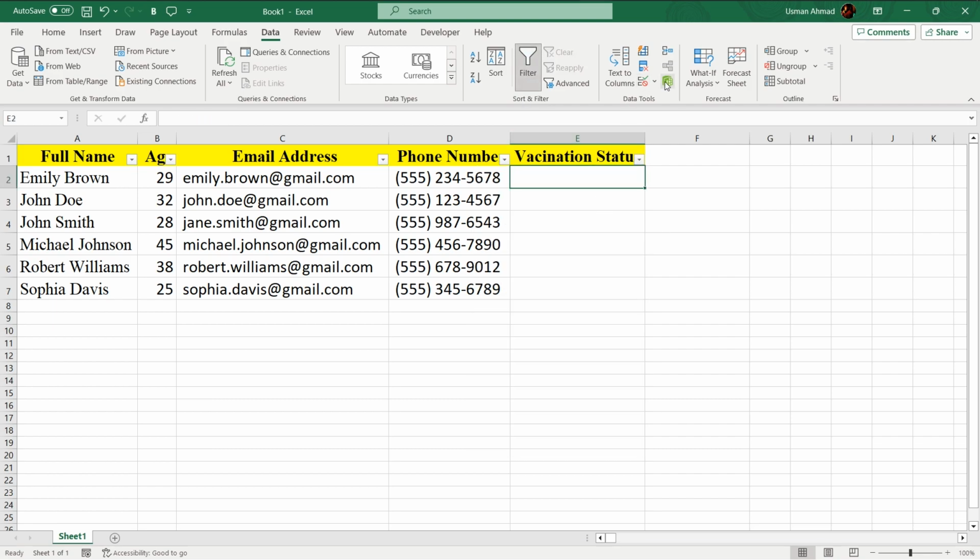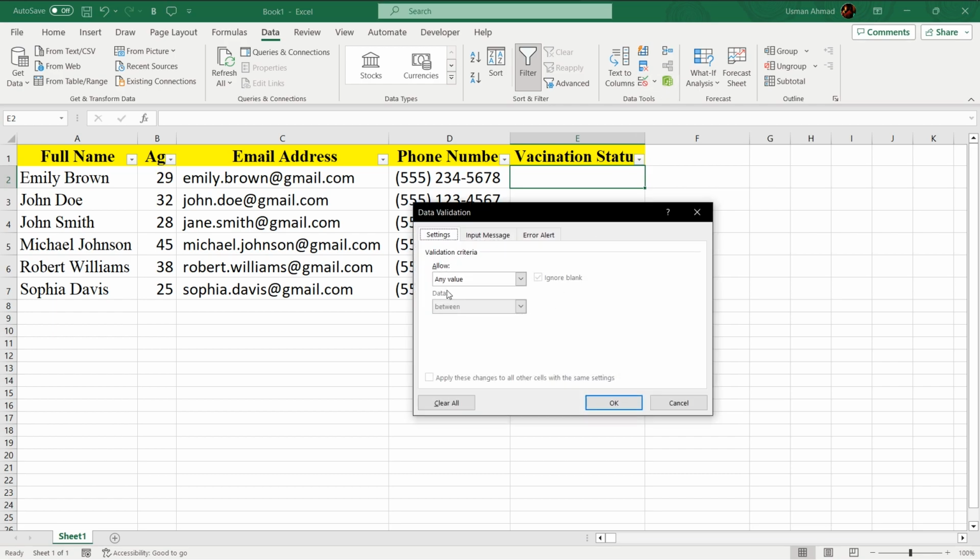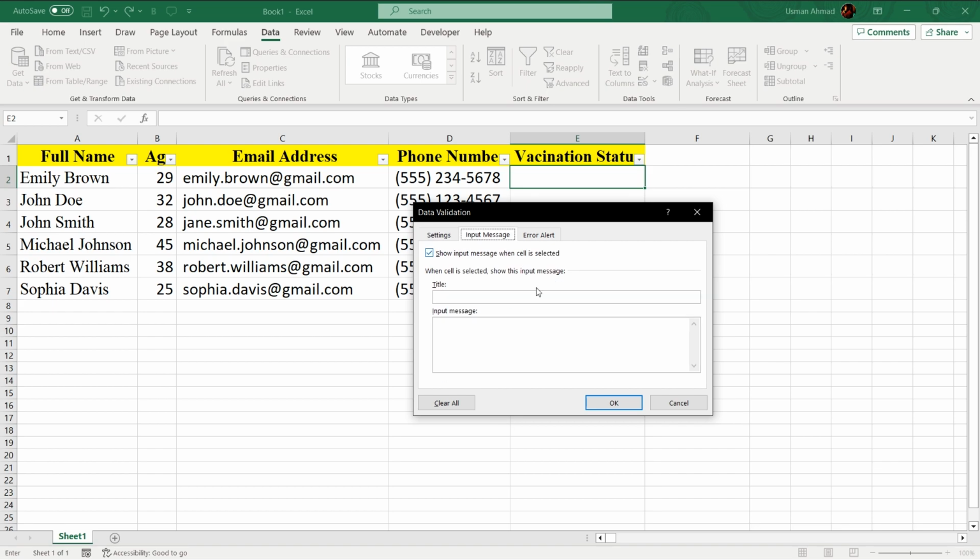So I go to Data Validation, allow List. The list will be yes, comma, no. I only allow two options. Input message: